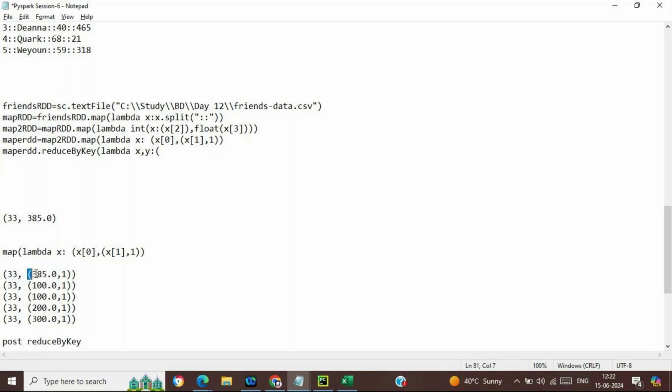If this is y, then we are having two elements inside x and two elements inside y. What I can say is, this is x of 0, this is y of 0, this is x of 1, this is y of 1.